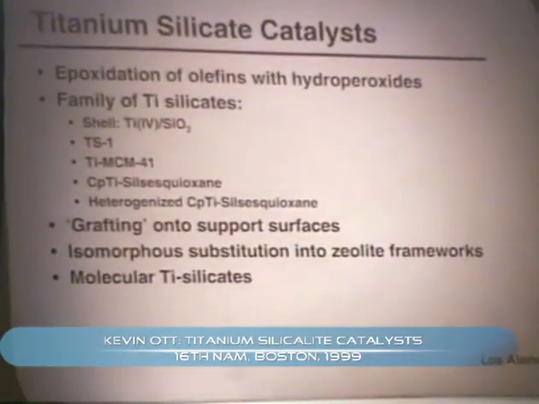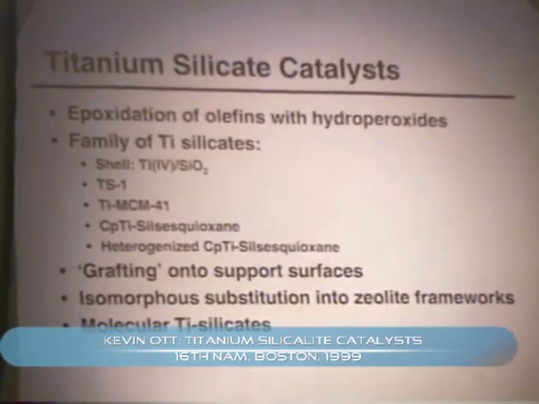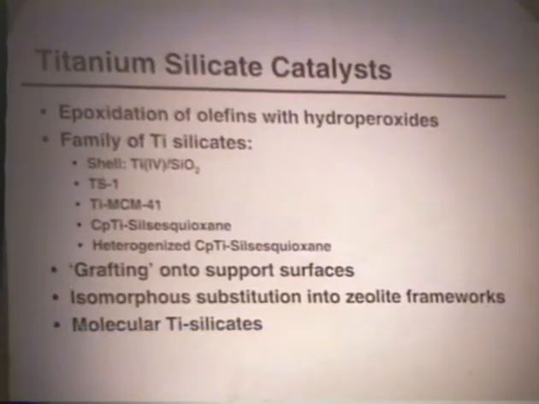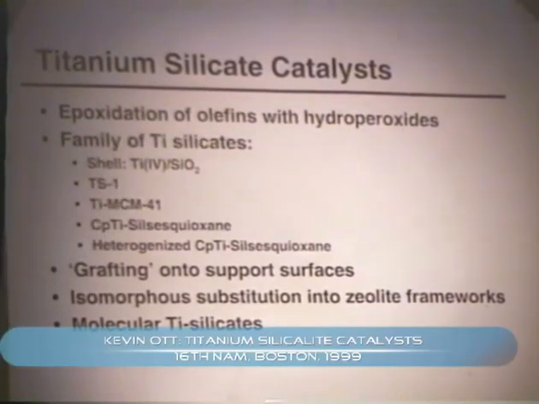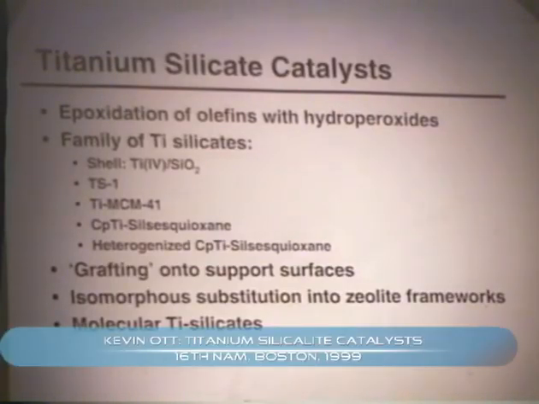Many of you know that these titanium silicate catalysts are of some interest, especially for the epoxidation of olefins with hydroperoxides. So a family of these materials, perhaps the first and best known one, might be the Shell titanium on silicate catalyst for the preparation of propylene oxide. But then about a dozen years or so ago, TS1 came on the scene, which is a zeolitic titanium silicate, which has some very unusual properties, being able to oxidize olefins in the presence of water. And this has spurred the search for larger pore analogs and larger substrates, as well as larger oxidants, to be able to do epoxidations and other sorts of chemistry.